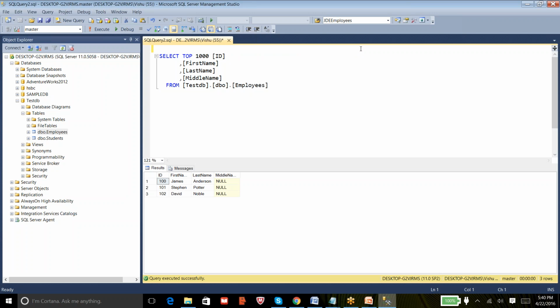So this is my query, and I have got an employees table in my database. Maybe you might get a request from a user saying, please provide me read access on my employee table. So the user is requesting read permissions on this employees table.